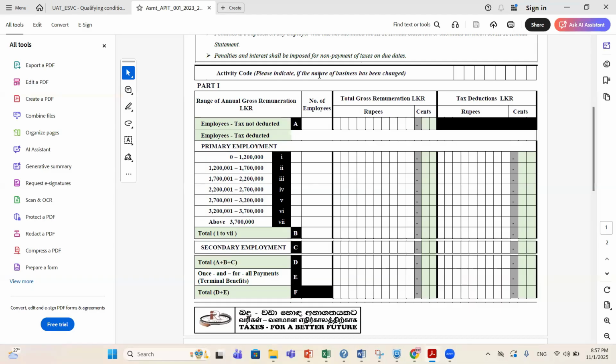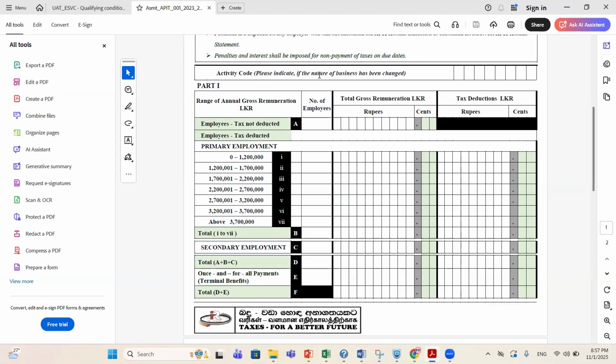Once the employee is allocated to a particular project, he may have some sort of remuneration from that project as well, in addition to his normal salary. If it is so, the payment received through this project will be treated as the secondary employment income.